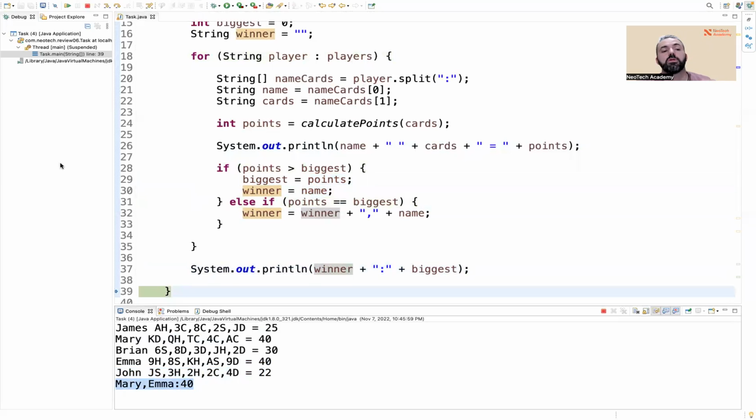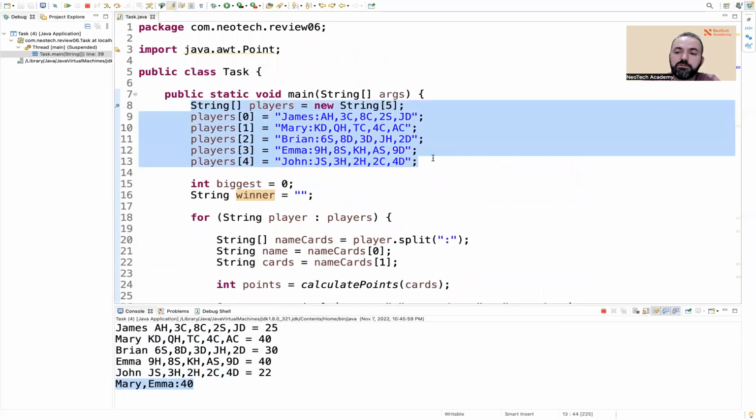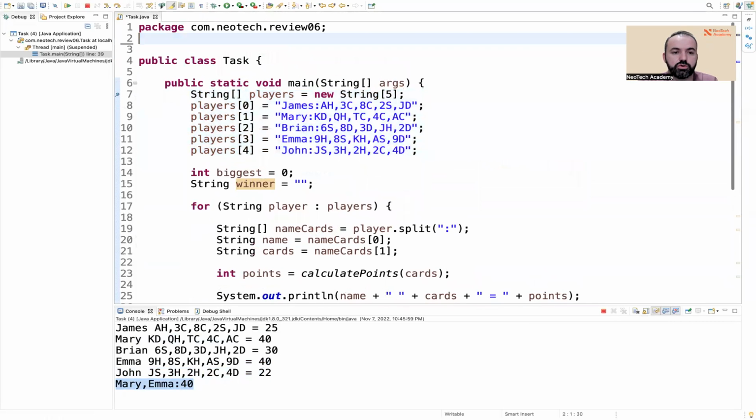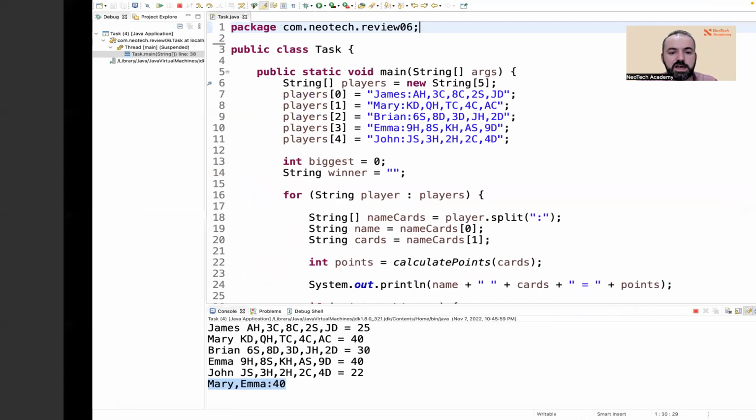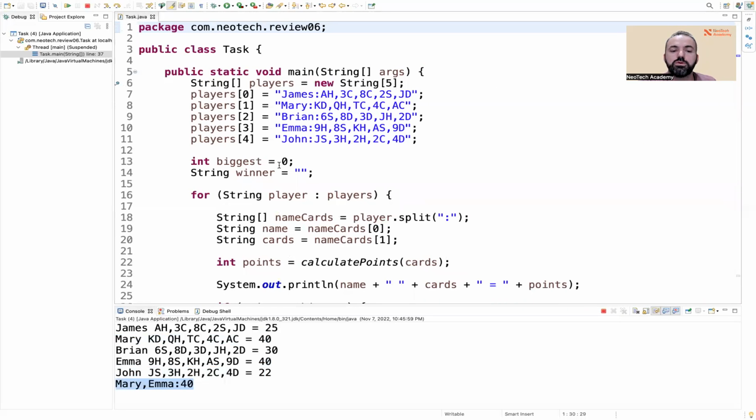So this code will run for different cards, right? So you can put them from the scanner, you can read them from a file, you can do it as you wish, but this code should work. So I'm going to share the task with you guys, to have a look. Also, I'm going to share the code with you, and enjoy this one. I know it's a little bit difficult, but you would have